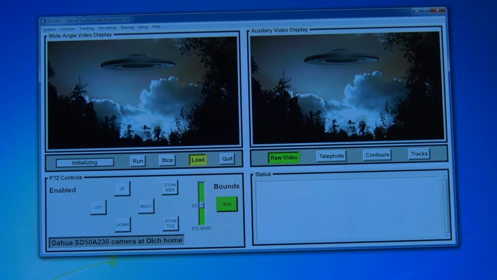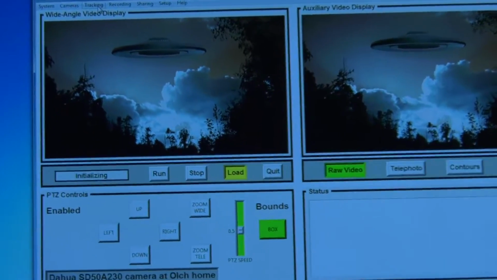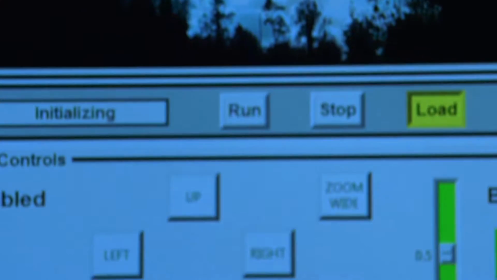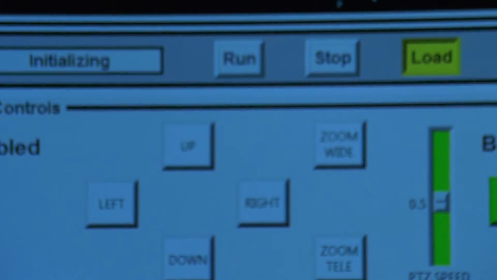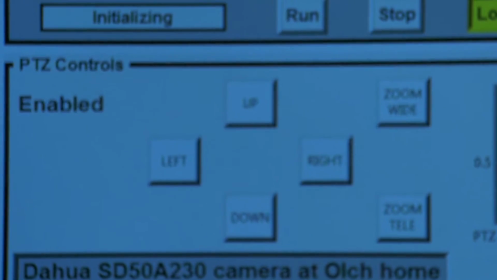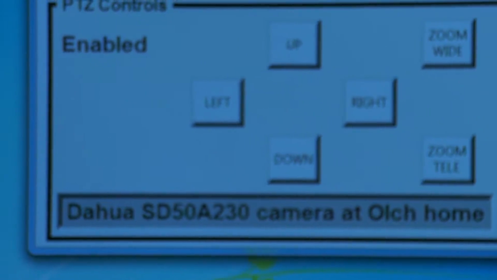We can modify the parameters of systems. We can modify the definition of cameras, and track various tracking parameters and recording selections, and sharing parameters, like it will share data over Google Drive, it will send an email to anybody we want after a valid collection has occurred, and so on.